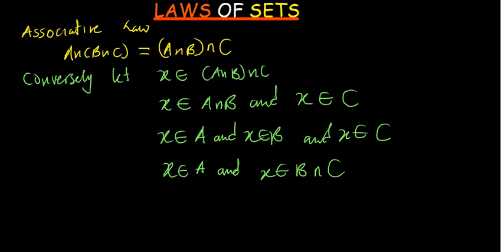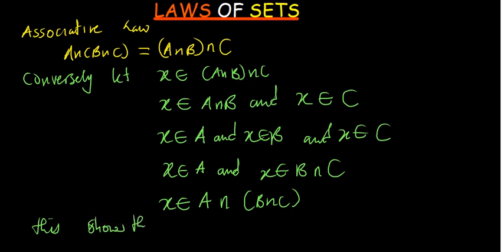After writing this, we'll say X is a member of A, and here it becomes intersection. It will be the intersection of this part, B intersection C. So what we've just done shows, so these are statements to write, that the part that we started with, A intersection B intersection C, is a subset of